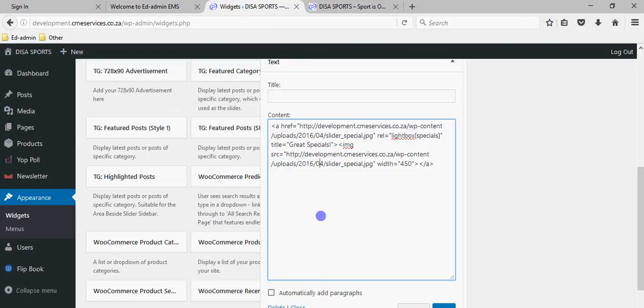Okay, but what I recommend is that you leave it as is, and all you do is change the address for the image once you've uploaded the image in two places, and that you change the text to something more appropriate. If you want to, like, I don't know, you might be displaying some cricket balls on special, so you could just say kookaburra balls, cricket balls on special or something like that